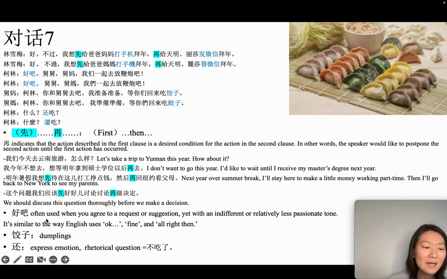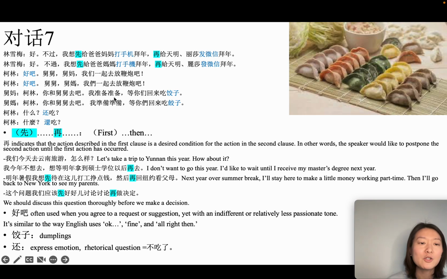So 吧 here they often use when you agree to a request or suggestion. So Lin Xuemei may have a suggestion and Kelin replies, yet with an indifferent or relatively less passionate tone. It's similar to the way English uses okay, fine, or all right then. So here it means okay or fine. It doesn't mean that Kelin doesn't like this idea. Of course, it is a good idea because we want to respect parents first. So we 先给爸爸妈妈拜年 and then to your friends. But Kelin says 好吧, means fine, okay. And then Kelin said 舅舅舅妈,我们一起去放鞭炮吧。Let's do it. And 舅妈 says 克林你和舅舅去吧。You go with your